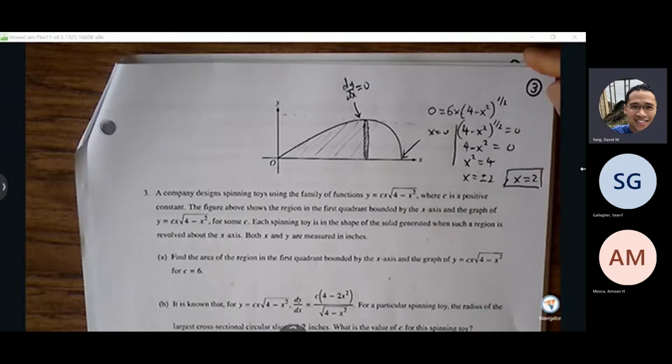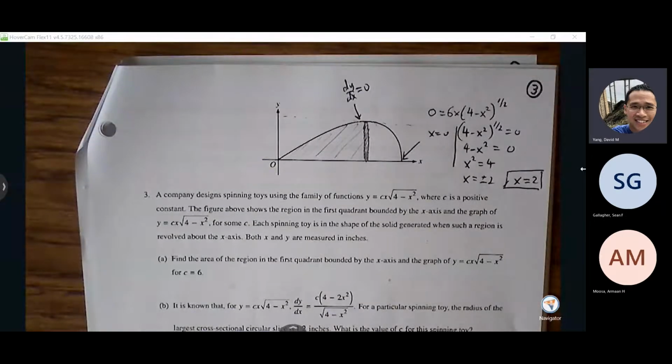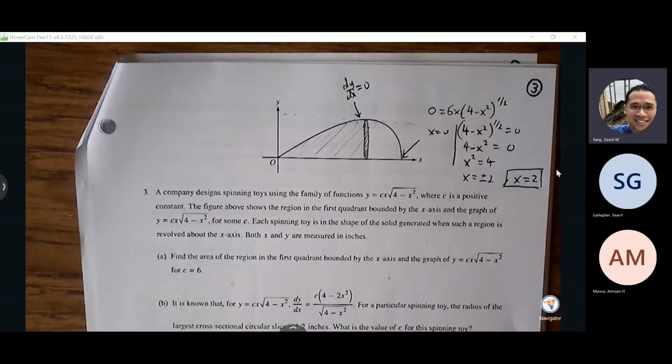Okay, so let me start off with number 3 again, and see if I can work through 3 through 6 in the next hour here. So just to recap, for part A,